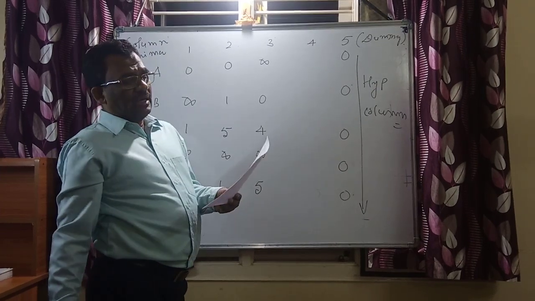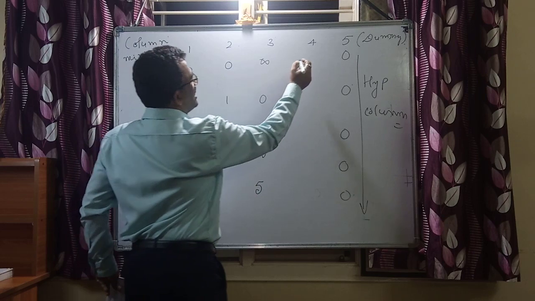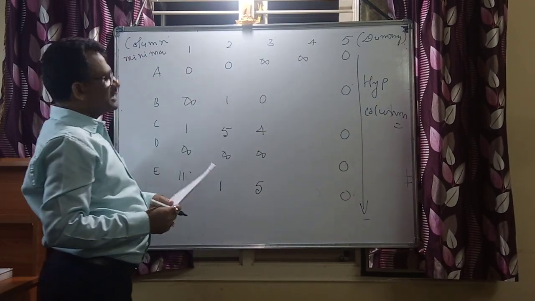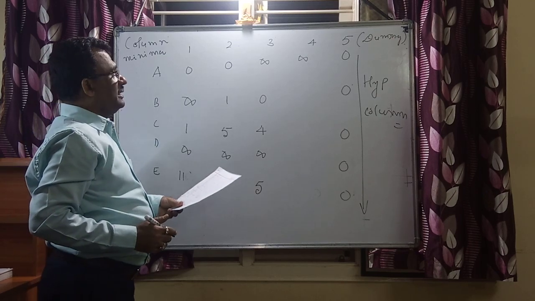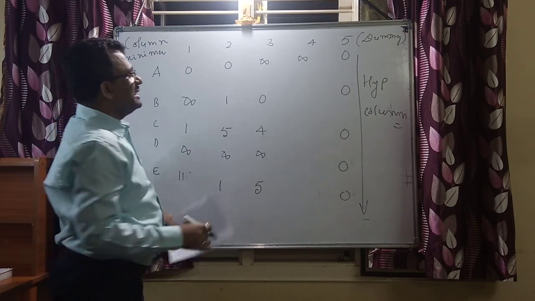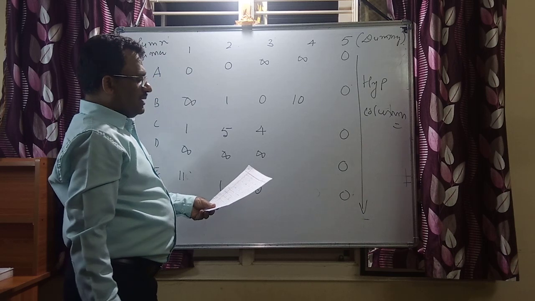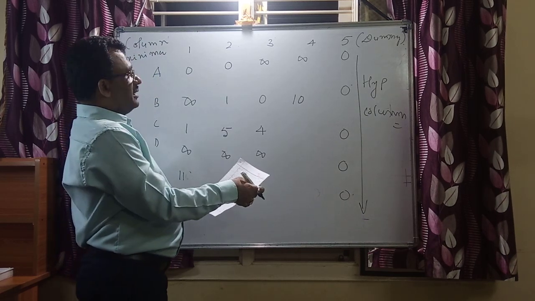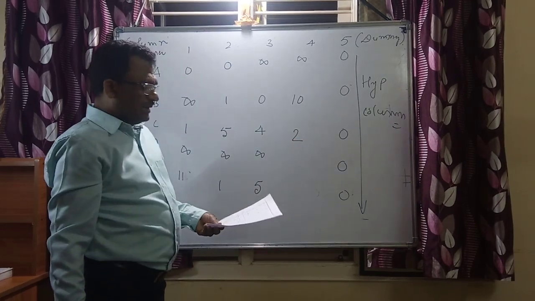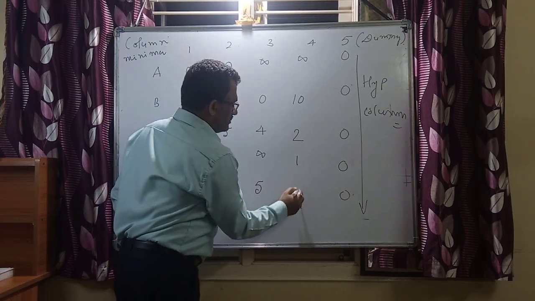Now, if you say fourth column, the minimum number is 70, and there is a restriction here. A and job 4 restricted. Now if you say B and 4, the difference is 10. 80 minus 70, that is 10. After this 80 and then 72 and 70, that is going to be 2, the difference. And then 71 and 70, the difference is 1. 70 and 70, the difference is 0.